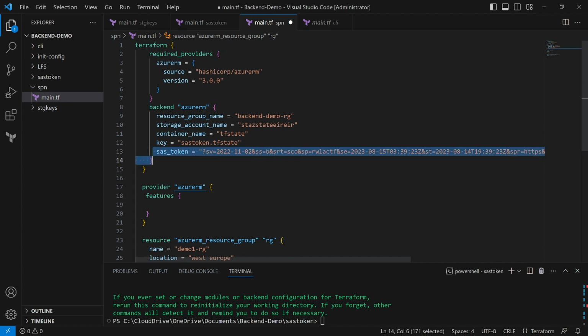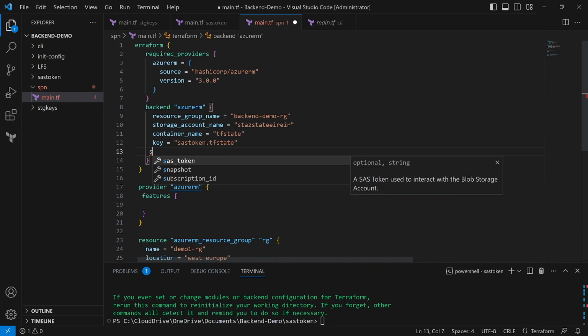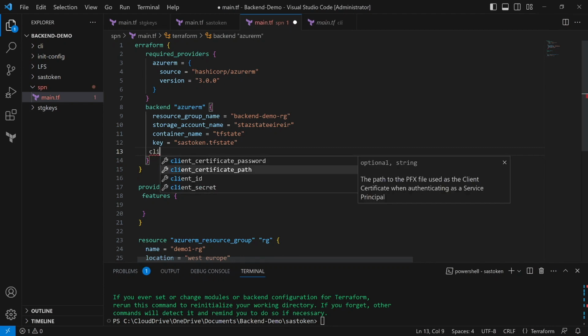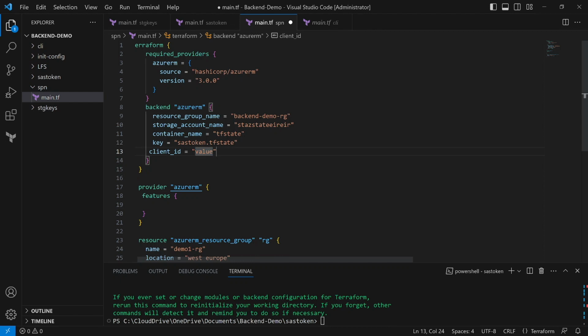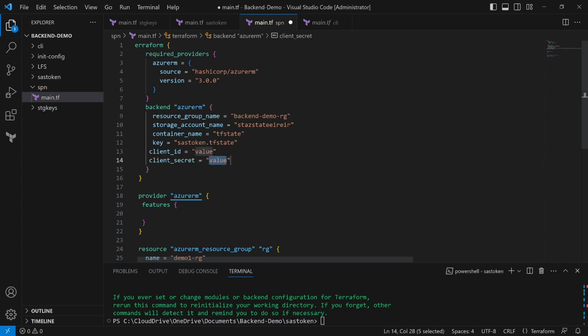So we don't require this SAS token now. What we require here is client ID, and with the client ID we want client secret. I'm not showing you certificate in this course. If you want, you can comment that you want a video on certificate. I will show that as well, but in this video, I'm just considering client ID and client